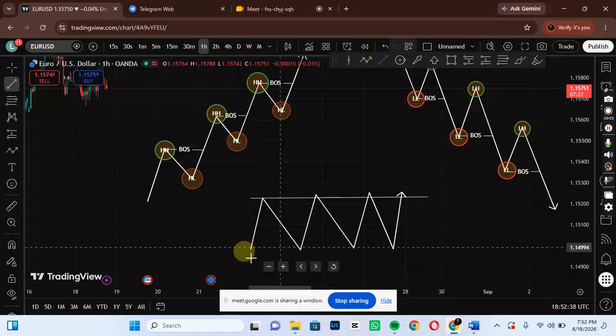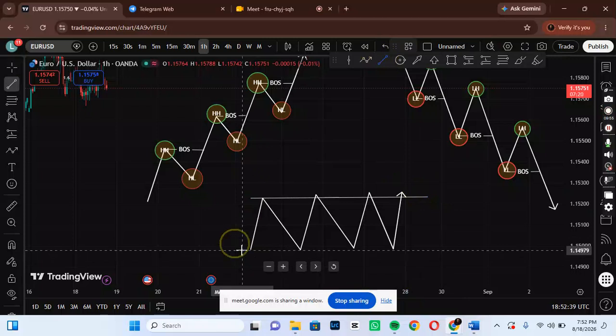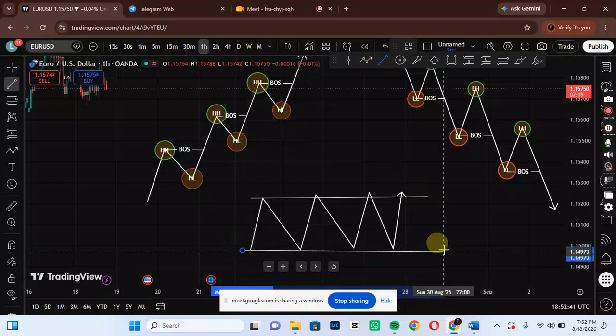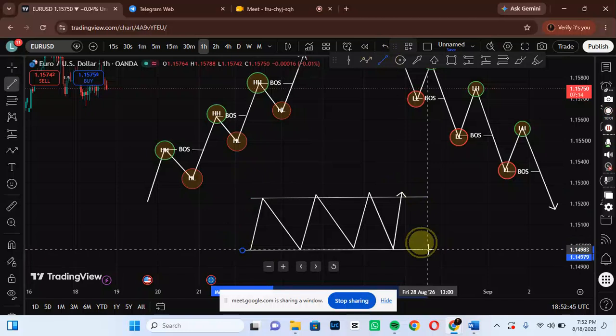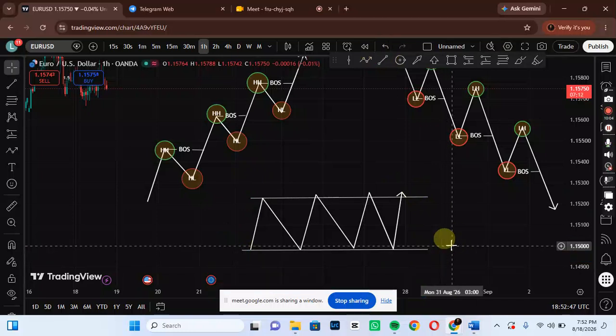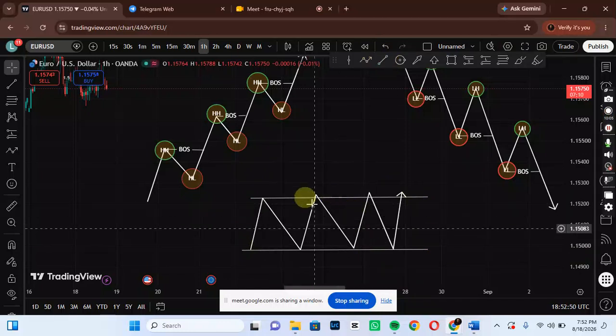We are still going to talk about support and resistance, maybe tomorrow or maybe today. Let's see how far we can finish up this one. So it's just going to be moving in this sequence,